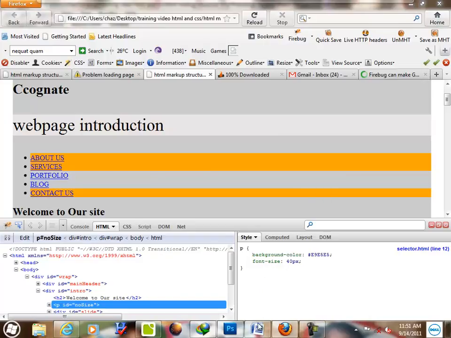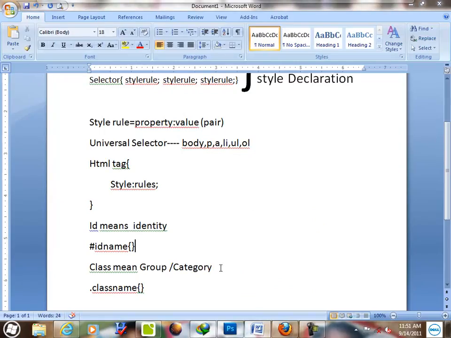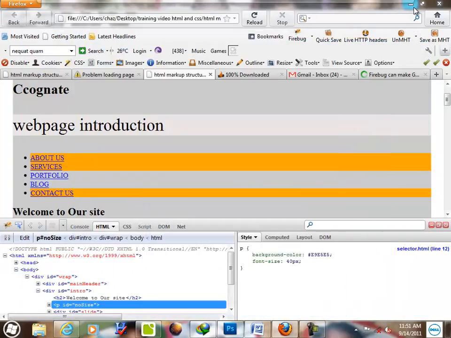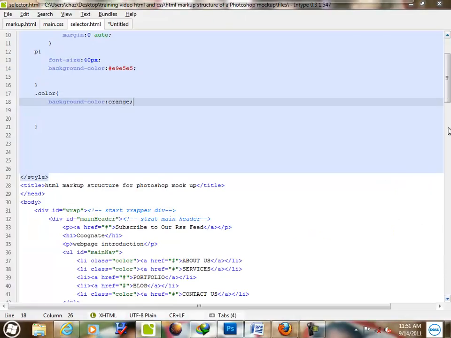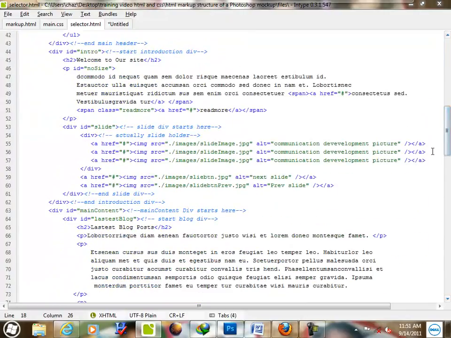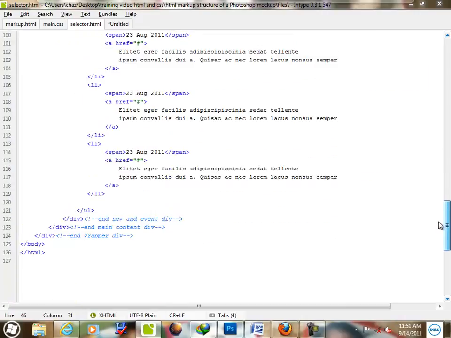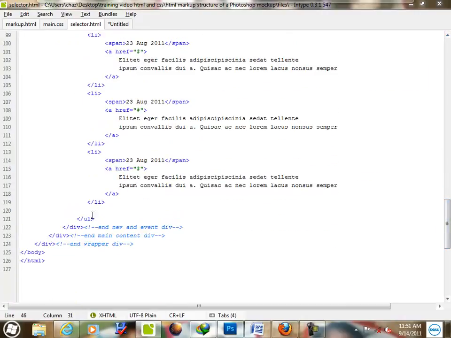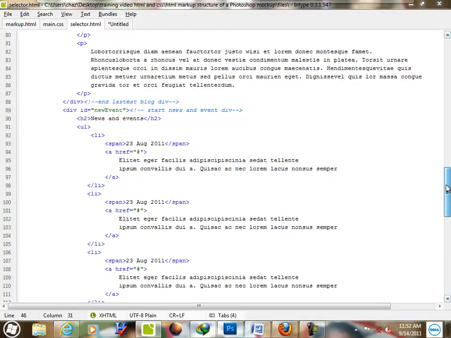So basically, the power of classes is that it can be used in more than one HTML element. I can decide to apply my class to other HTML elements across my page. I may decide to come here and give it a class using the class attribute. I decide to go to the bottom of the page also to give it a class, let's give one of this list. I'll decide to give the whole navigation here